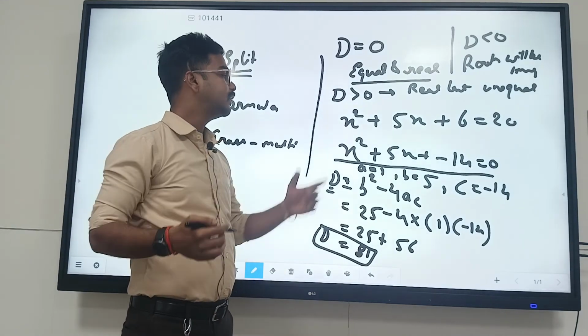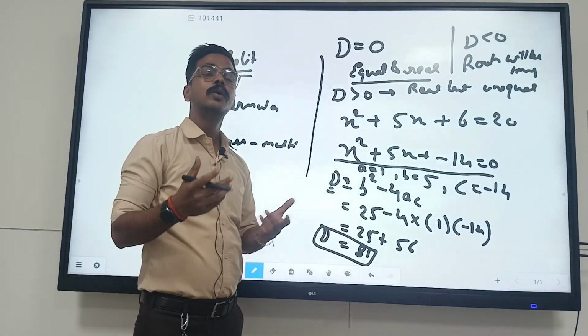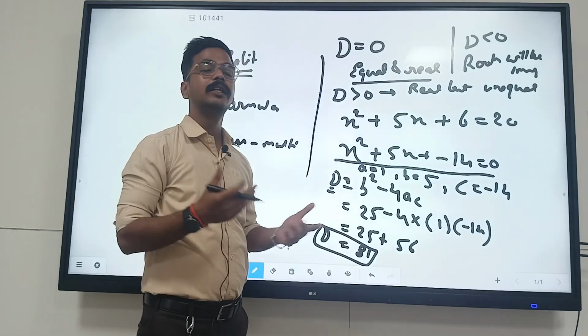Now let's start with the splitting method. I'll show you how the splitting method is used for solving